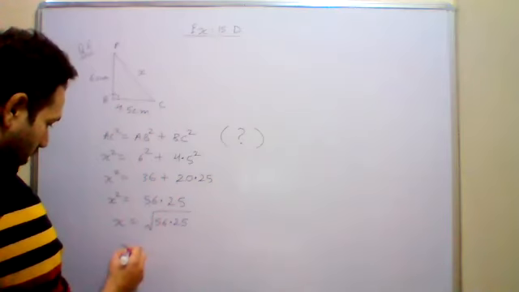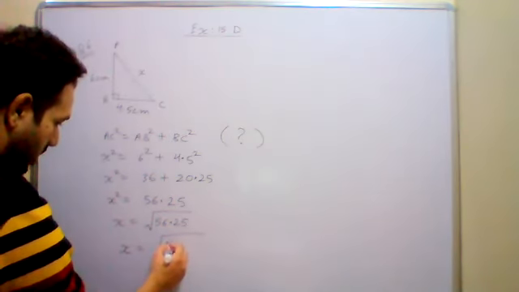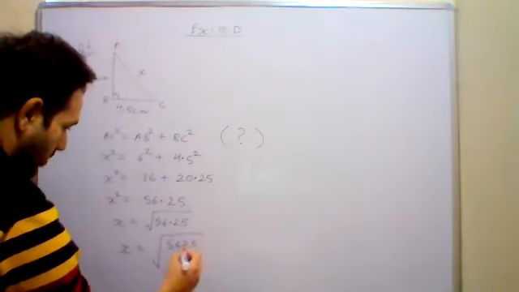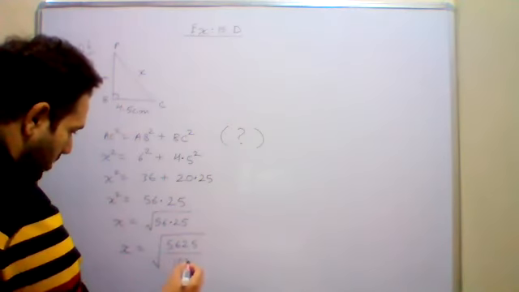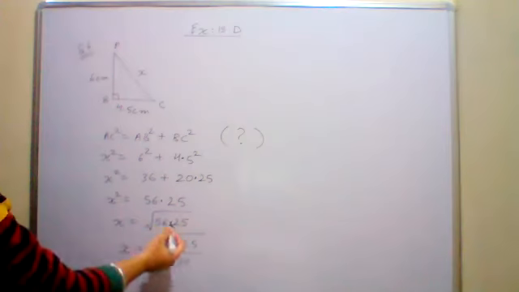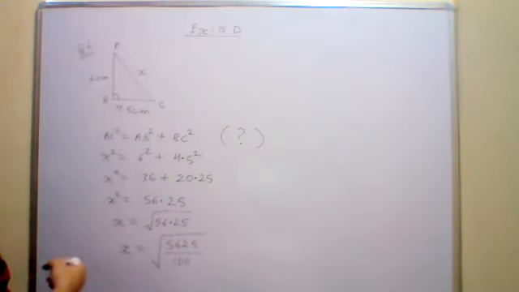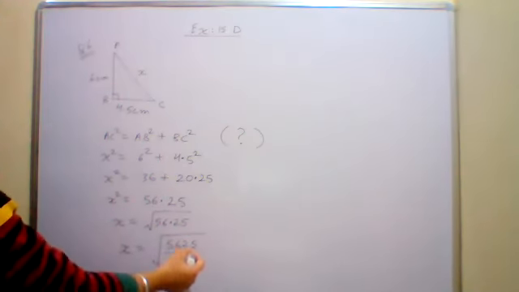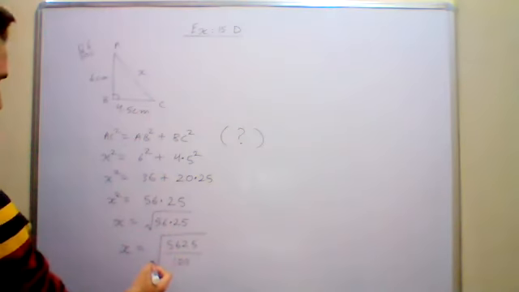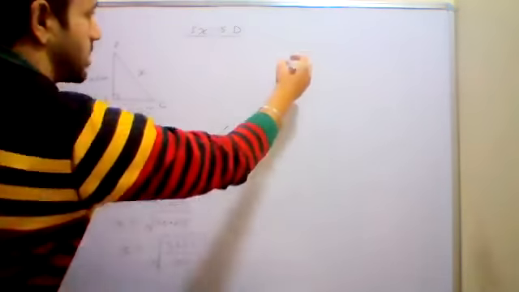You first convert this in a fraction. इसको एक fraction में convert कर लीजिए. 5625 upon 100. Do it like this. Do you know how to convert a decimal into a fraction? Decimal हटा के नीचे 100 लगा दीजिए. 5625 upon 100. Now you do the factors of 5625 and 100 separately. दोनों के अलग अलग factors करेंगे.